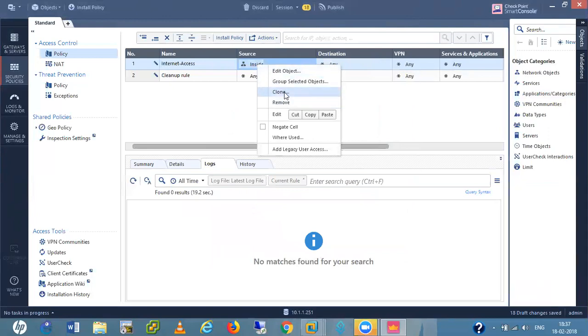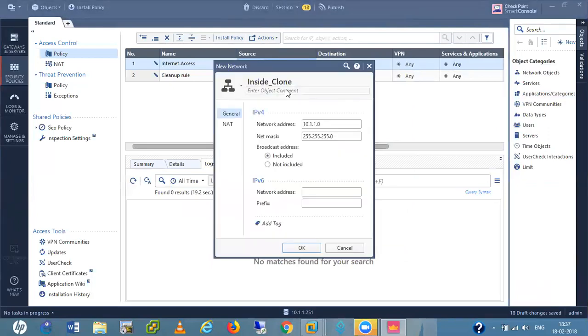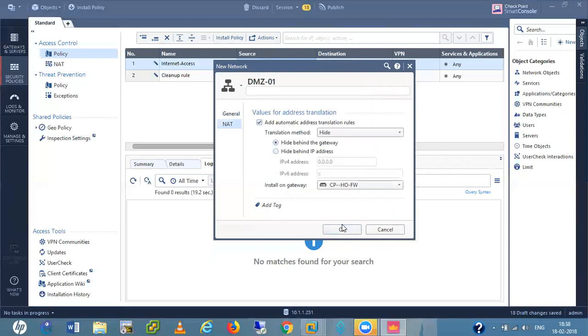I'll also clone this one. I'll give the name DMZ. 2.2.0. Give DMZ01. NAT is already there, not any issue.